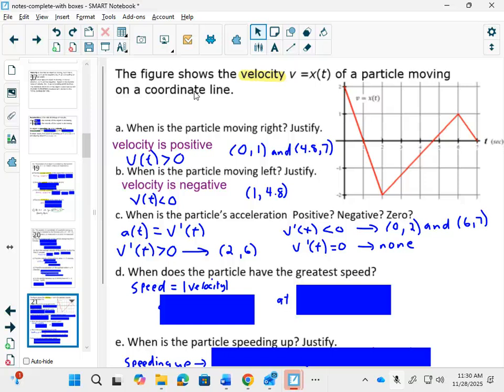And because there's sharp points on this, your derivative is never equal to 0. It's actually not defined at these points because they're sharp points and you can't find a derivative at that point. So you have no idea what you can say about the acceleration at 2 and 6. If it was a nice smooth curve,